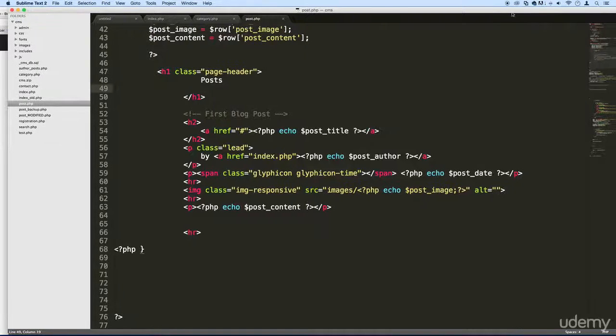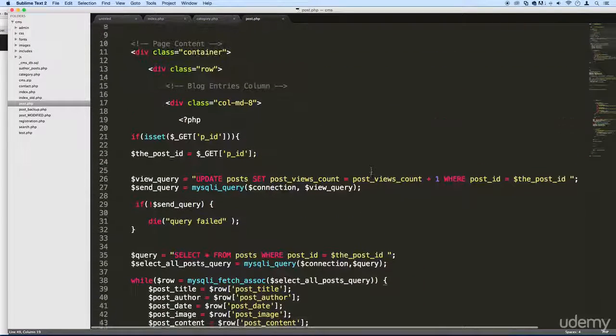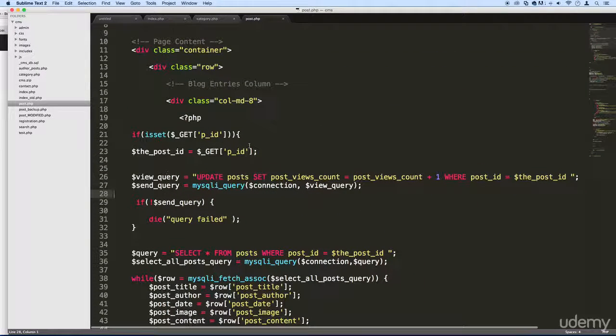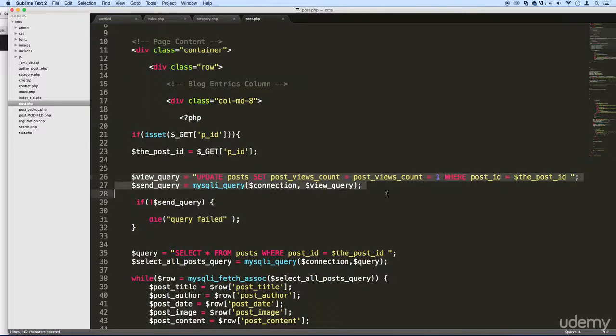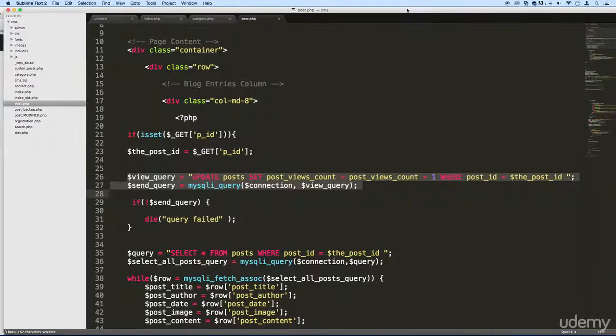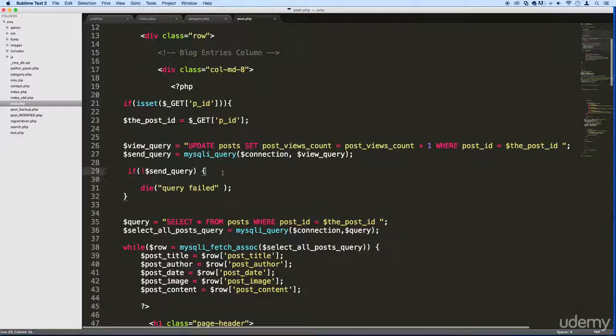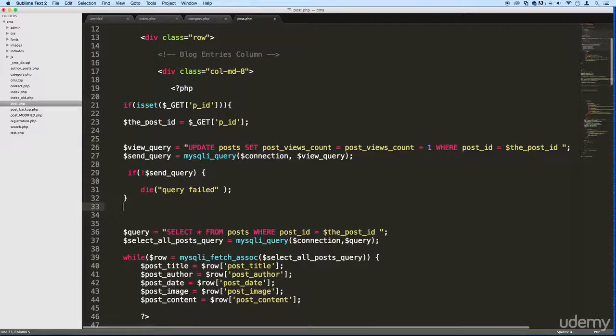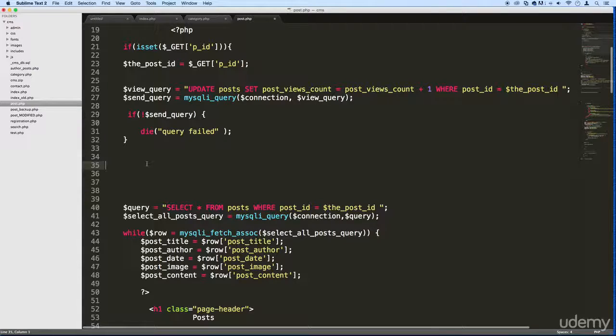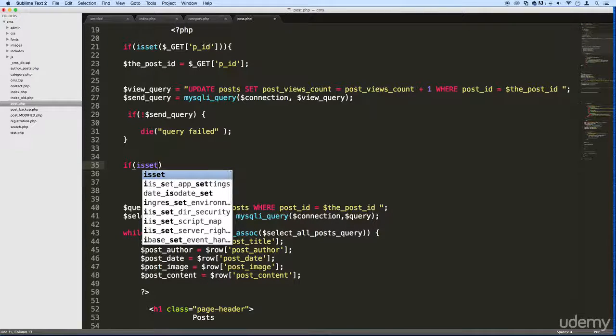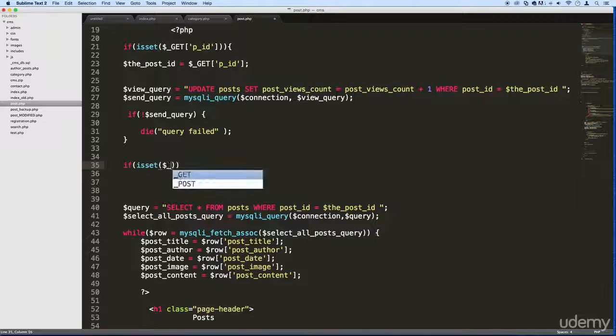All right. So this is the way I'm going to do it. Here we're updating our views for the post, that functionality that we added. That's fine. We'll probably change that in the future, but right now we'll leave it the way it is. So this is the way I'm going to do this. I'm going to check first if we are logged in, right? So if the session is set,